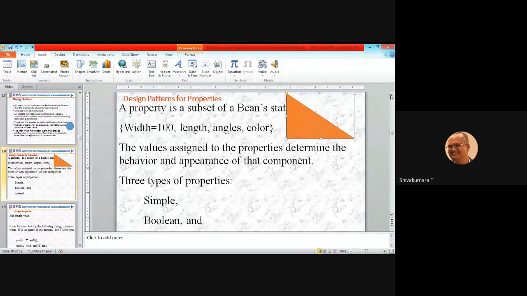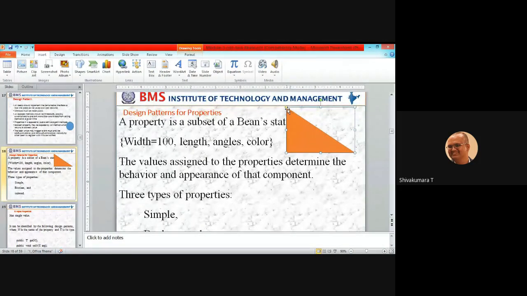If you change the angles, by changing the values of those properties, the appearance and behavior change. Previously, what was the behavior of this right angle triangle? Now it is an isosceles triangle, now some triangles with different angles. Is it or not? Getting?